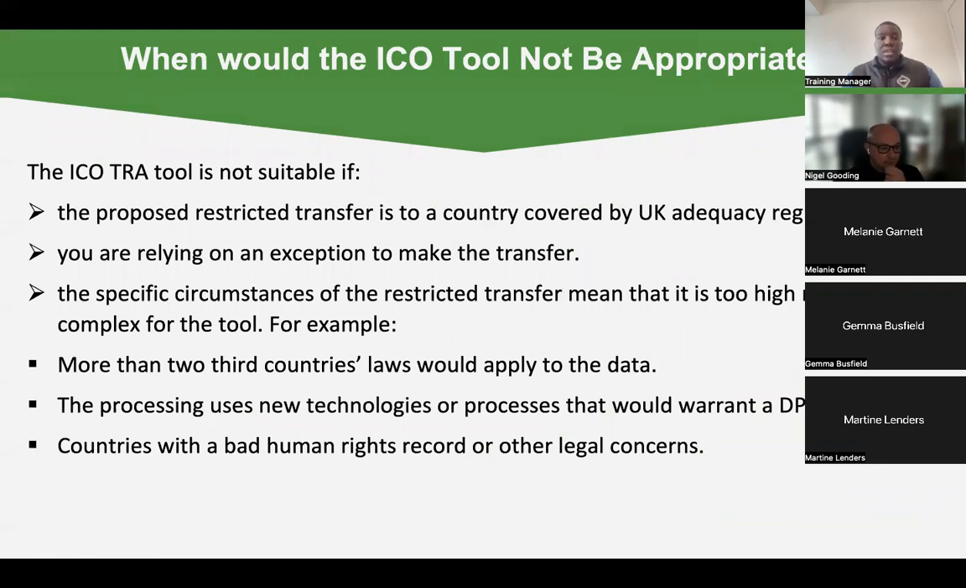And the ICO tool is the ICO's version of attempting to make the process as simple and straightforward for organizations as possible. And the ICO itself, however, qualifies the circumstances in which that tool would be appropriate. So in the ICO's guidance, which we have a link to in the resources slide, which we're happy to share after the webinar, it says that you cannot use that tool if